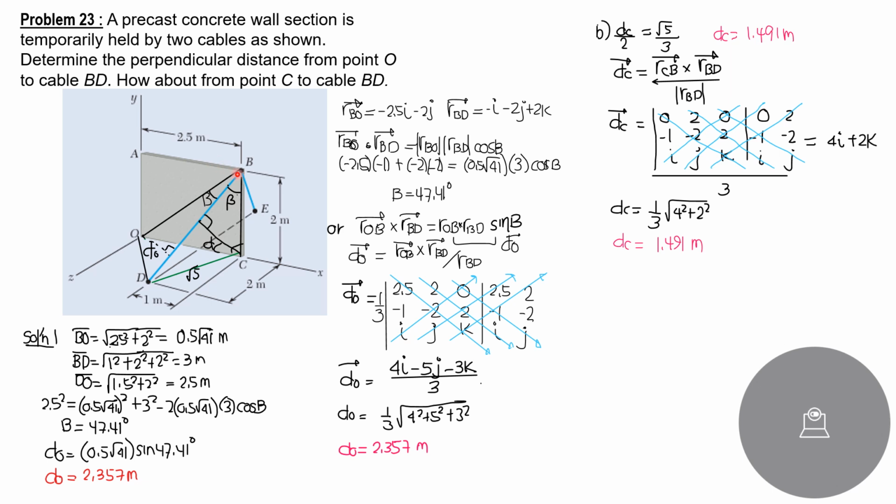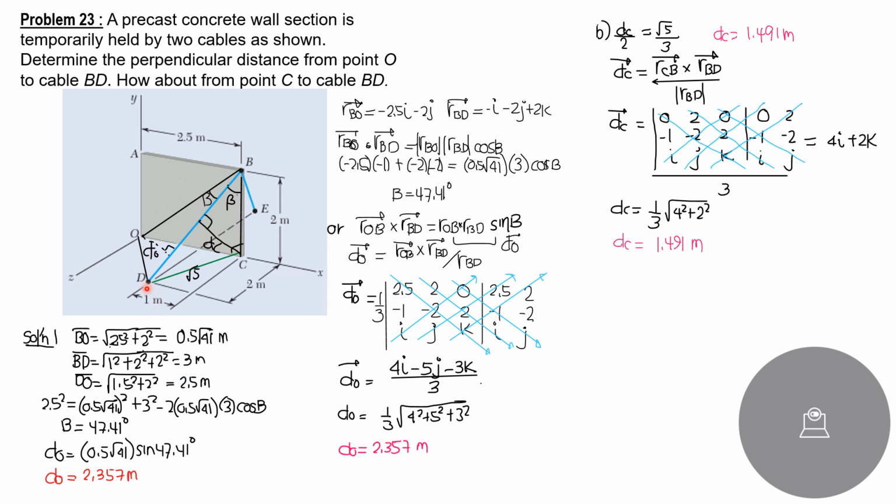components of distance 2.5 to the left, then 2 meters downward. So it is square root of 2.5 square plus 2 square, so that's 1/2 of square root of 41, or 0.5 square root of 41. BD is going down, forward and to the left. So to the left 1, going down 2, forward also 2. So square root of 1 square plus 2 square plus 2 square, and that's 3 meters.